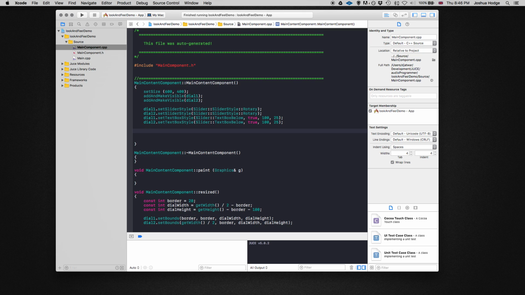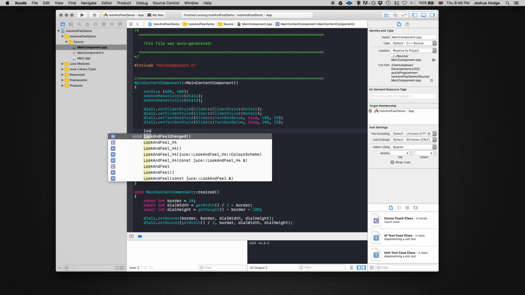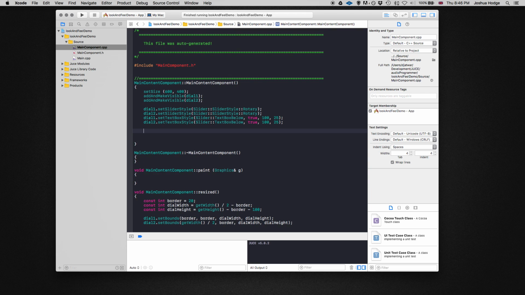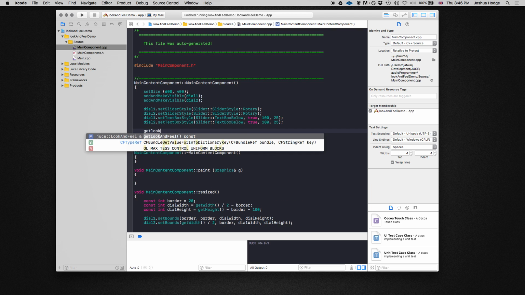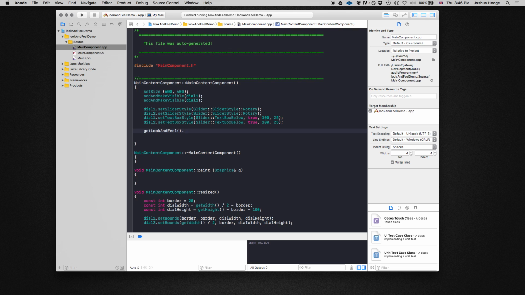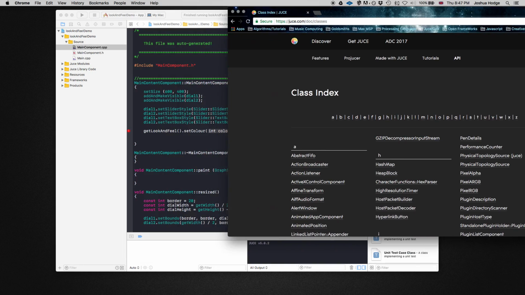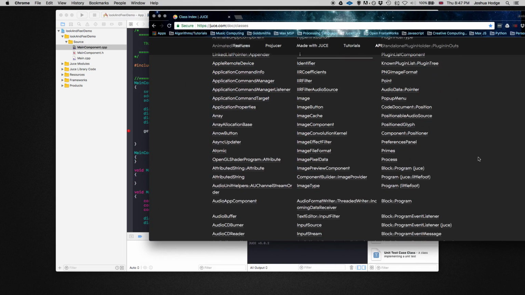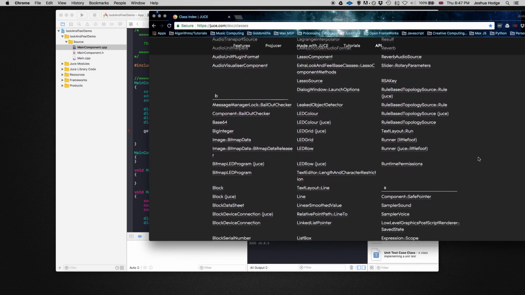So the look and feel class is actually inherited. Pardon me. It's inherited from the Juice modules. So what we could do is actually say look and feel, get look and feel, dot set color. Okay, now in here it wants color ID. Now you might be wondering, okay, what does that actually mean? So if I go into the slider class,